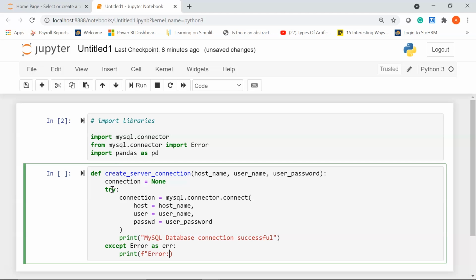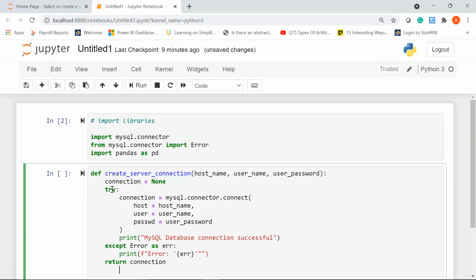I'll write error colon, and I'll use curly braces, give err, and then I'll close the double quotes. After this, I'm going to return my connection.